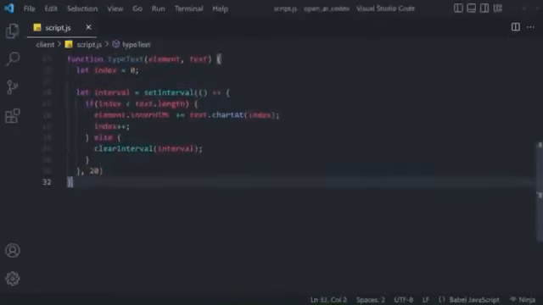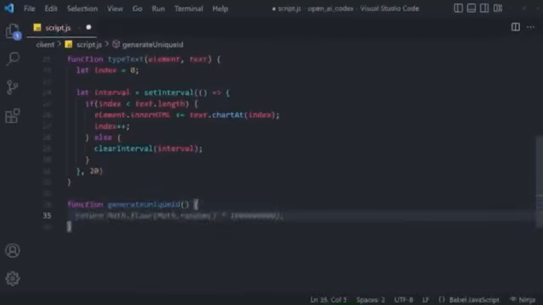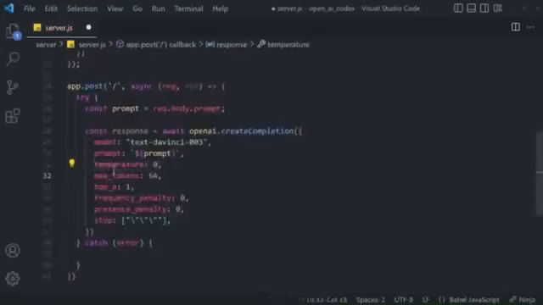Now, later on, we'll also have to generate a unique ID for every single message to be able to map over them. So let's create a function called generateUniqueId. That's a function. And in JavaScript and in many other programming languages, how you generate a unique ID is by using the current time and date. That is always unique. So we can say const timestamp is equal to